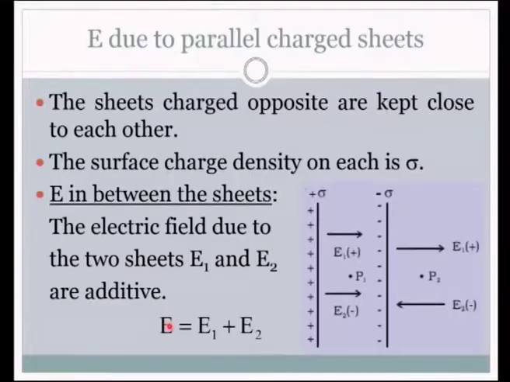What is the expression for the electric field due to one sheet, that we know. So, let us use that and try to get the expression for a region in between the two sheets, and that could be done at a later stage, but right now just for the sake of expression, the electric field in between the two sheets E is equal to E1 plus E2 because these two are added. E1 is due to the positive plate, E2 is due to the negative plate. This addition symbol is very important because they are vectorially added.